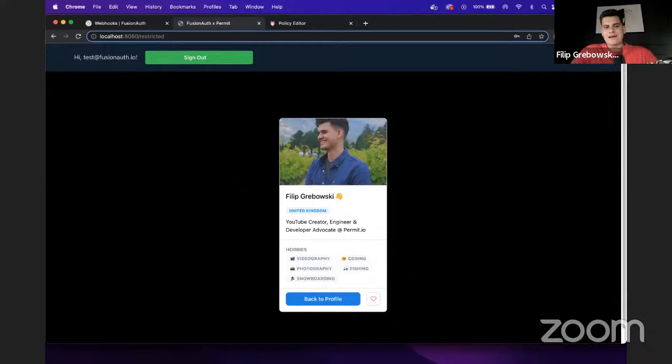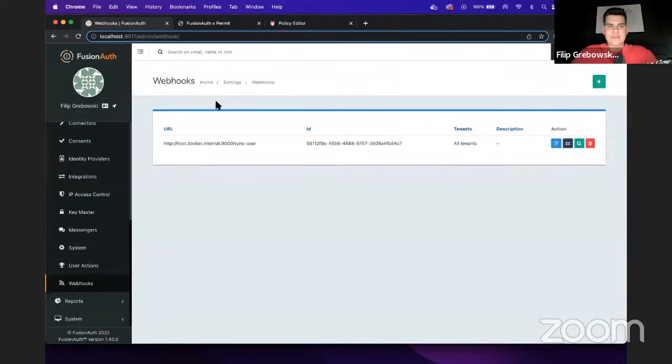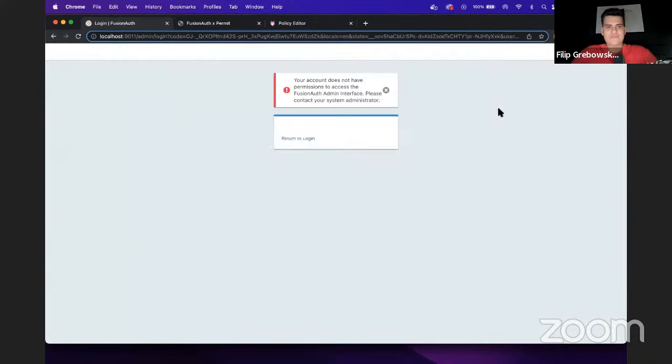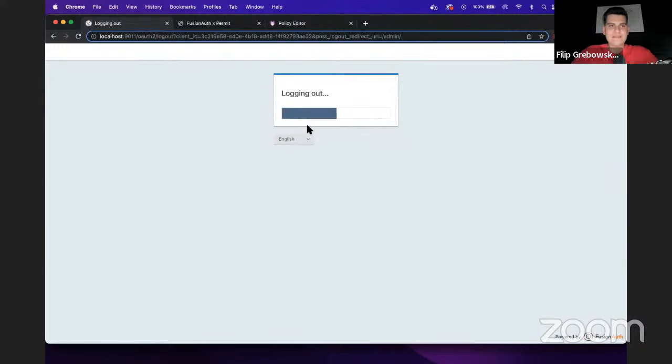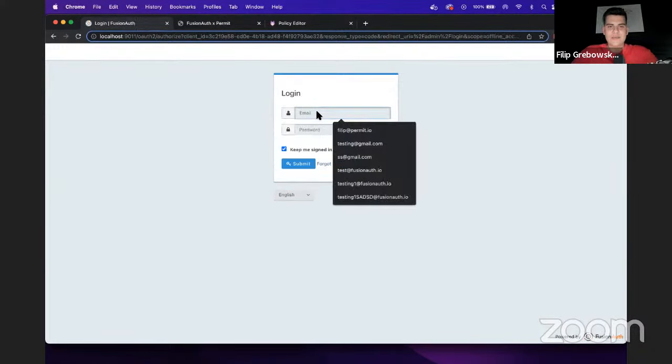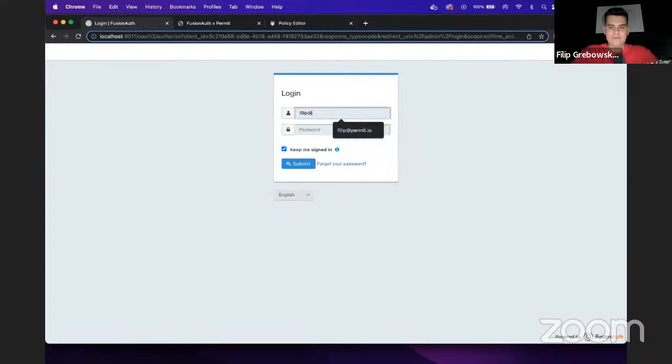Now, I want to jump in and talk about a specific handoff point within FusionAuth, because that's a very important aspect of how this all works. Let me just refresh this page. I'm going to have to re-log in again. Okay, and if I log into the admin panel of FusionAuth,